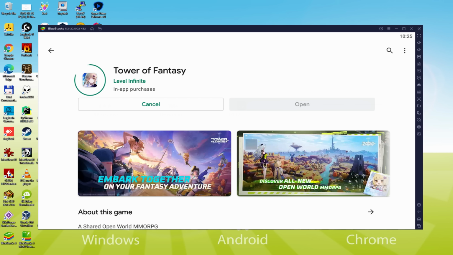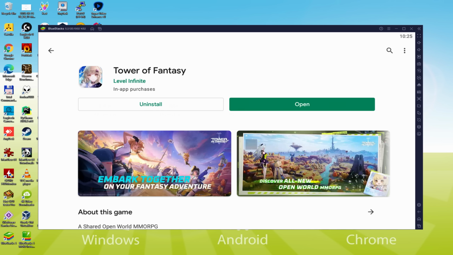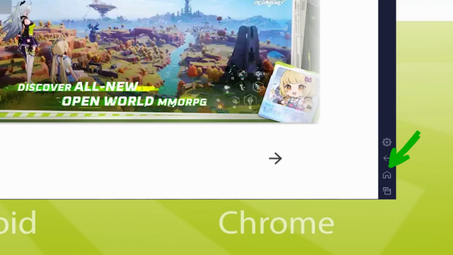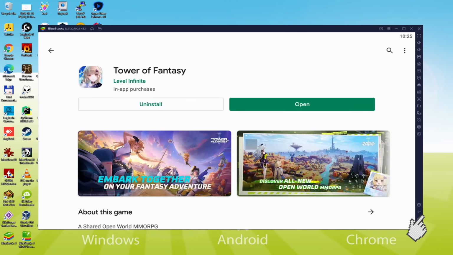Straight away it should download on your PC and install the video game. It may take a bit of time or perhaps it may possibly be very fast. That all is determined on our connection to the internet. This has by then finished setting up. Now, let's go to the emulator desktop by clicking on this particular option that I am presenting in green, in order to run Tower of Fantasy for the first time.